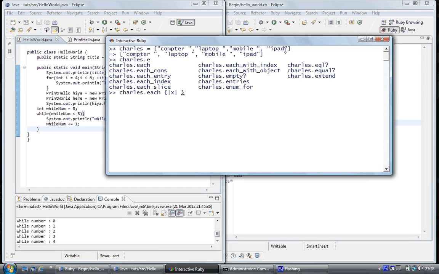So I'm just going to do puts X, and so it's going to print out each element one row at a time. And so that's the command completed. If I hit enter, it's computer the first element, laptop second, mobile third, and iPad fourth. And again we can change this, Charles.each,